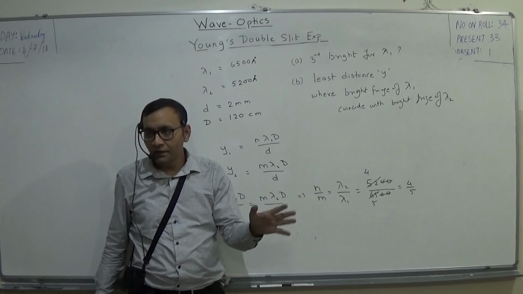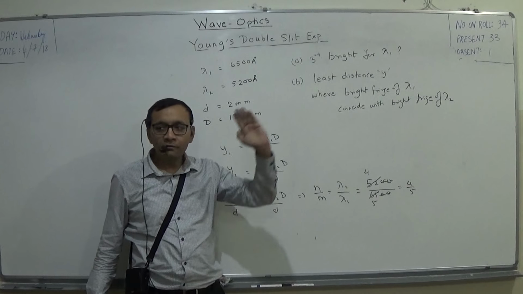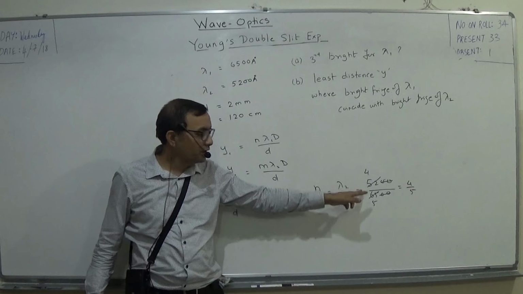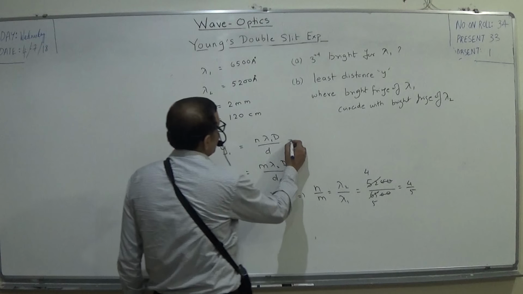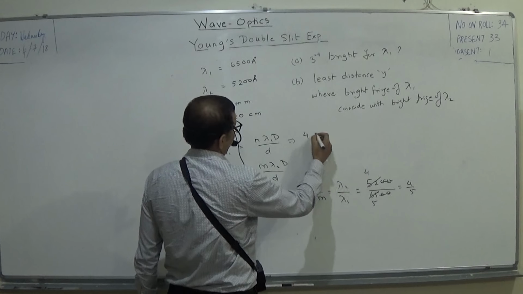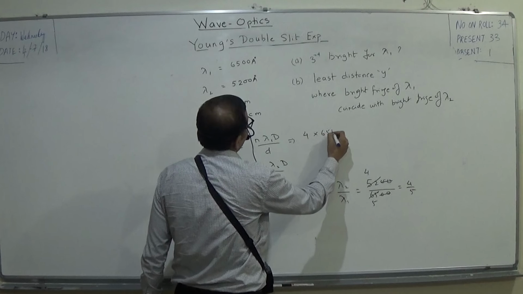There is a minimum integer. Fine. For minimum y, I need to find the minimum integer for this ratio. Getting it? So n is 4 and m is 5. So put n is equal to 4 over here. 4 lambda 1 6500